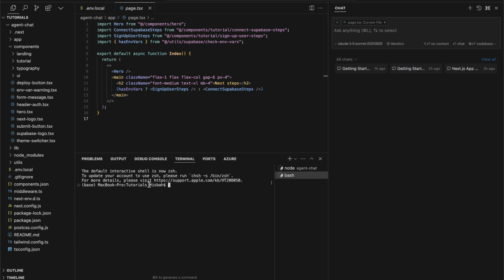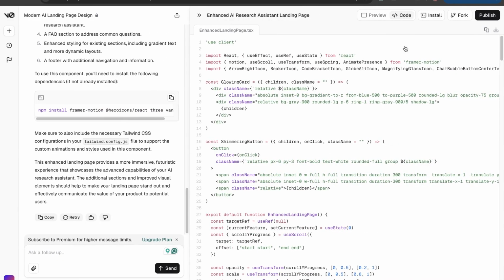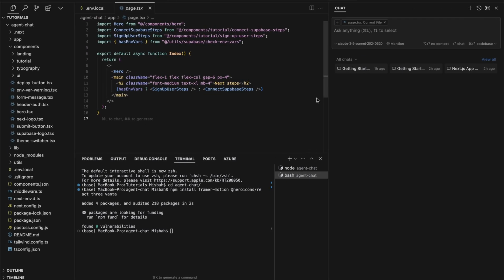Since we know we are in the tutorials folder, not the agent chat folder, I'm going to quickly go into that folder, and then we will paste the command. So we have the packages installed. Next, I'm going to go back to the code and take the code from V0 and ask Cursor to